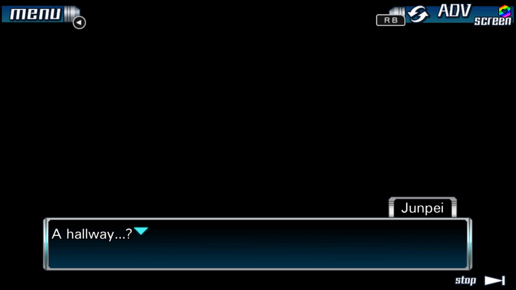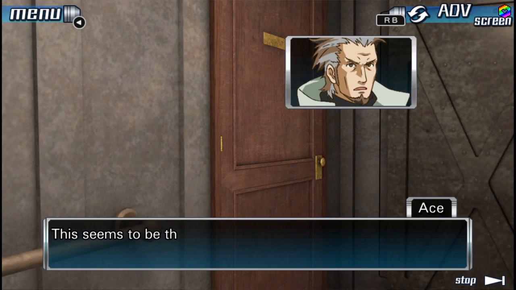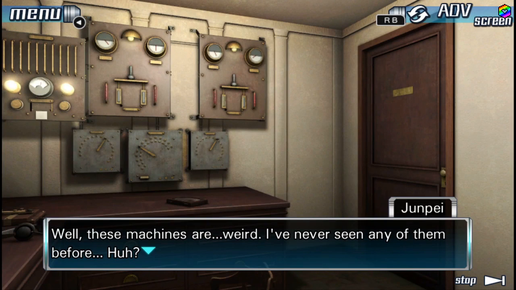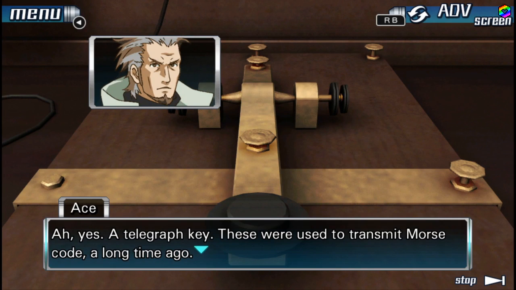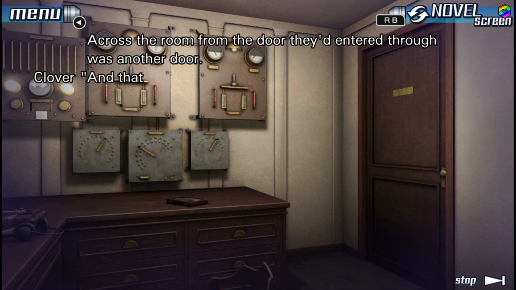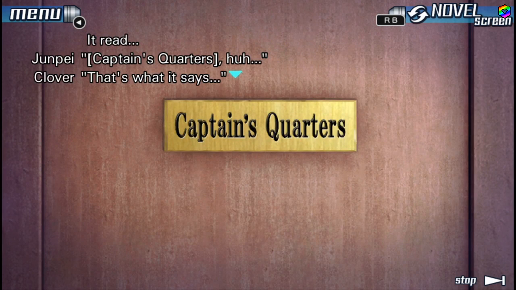Oh, a hallway. It's far too narrow to be called. This seems to be the only route. Yeah, let's go. Wow. Well, these machines are weird. Wait, this... Ah, yes. A telegraph key. This must be the communication office. Across the room from the door they entered through was another door. Captain's quarters. That's what it says. Then, do you think...